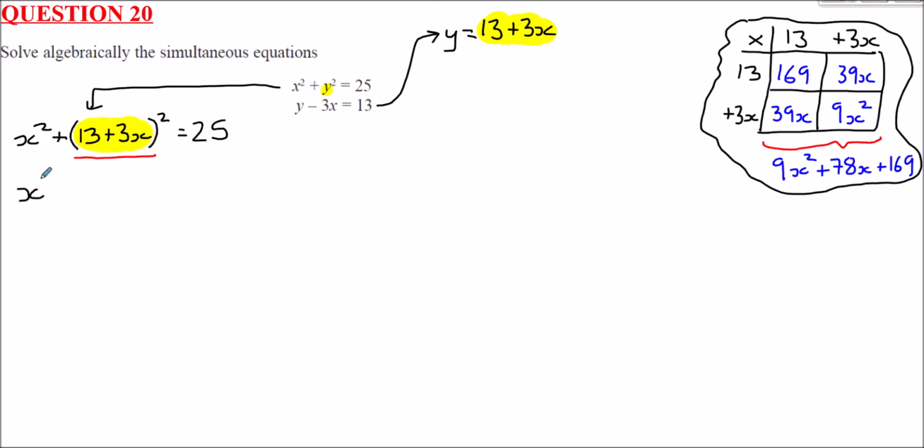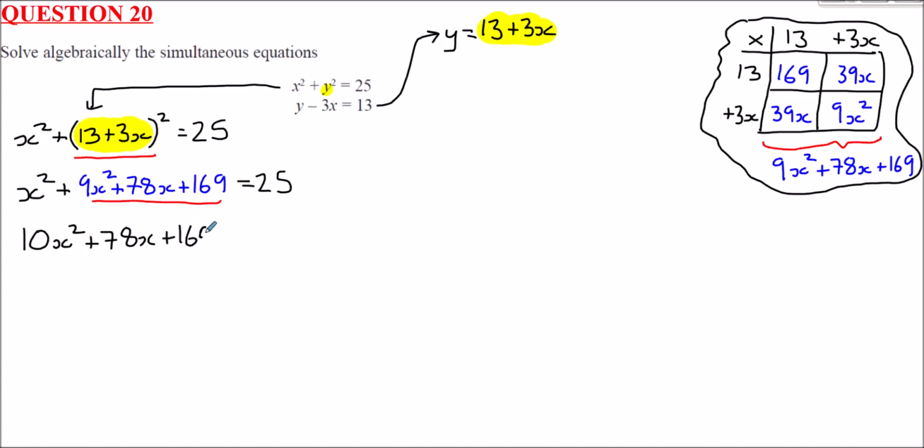So I've got x squared plus 9x squared plus 78x plus 169 equals 25. So now we need to simplify this. So x squared plus 9x squared, that's 10x squared, plus 78x